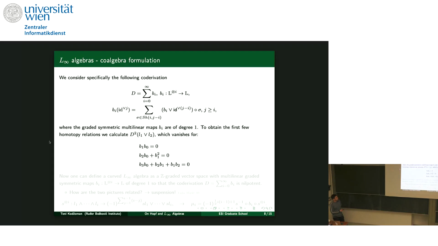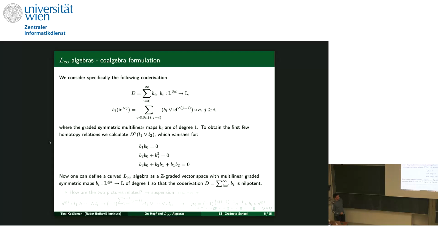So B1, B0 equals 0. Now this looks pretty familiar to the previous one where we had mu1, mu0 equals 0. Then we have the second one, which has a dependence on B1 squared, previously mu1 squared, and B2, B0, once again a correspondence to the mu2, mu0 from before, and the same thing happens in the last relation as well. This allows us to basically give a third definition, but rather a formal one, of an L-infinity algebra, which is